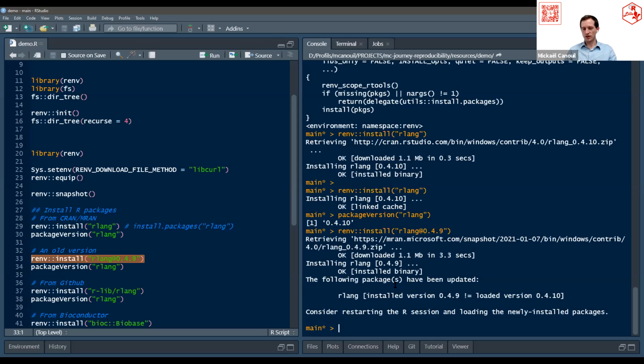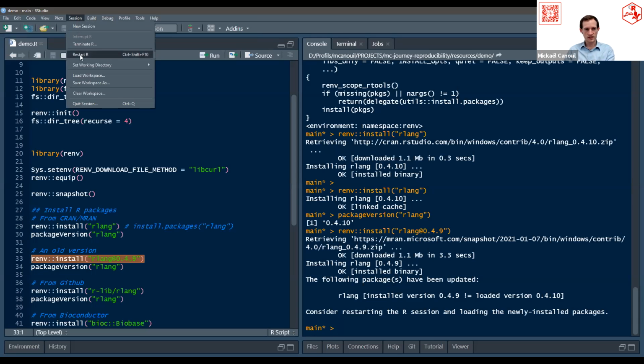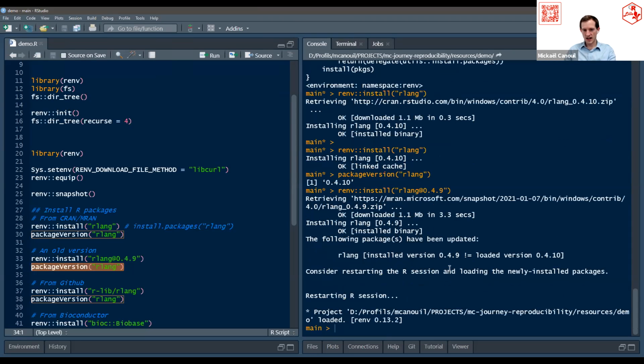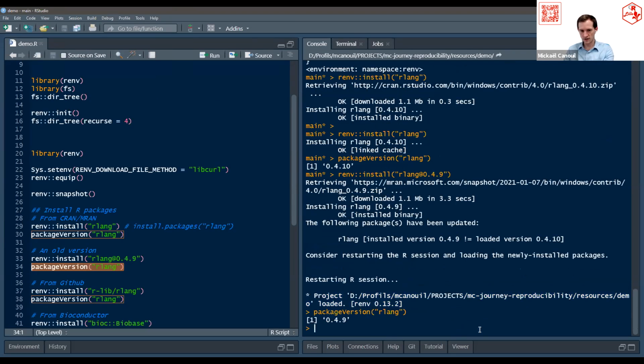So here I have an obvious conflict, because Erlang is used by RAMP and other setup in RStudio. So I will just restart it. So now the RAMP project was loaded automatically here. So I'm in my environment, and I can now look at the Erlang version. And now I can see that, okay, I have the version I just installed, which is 4.9.